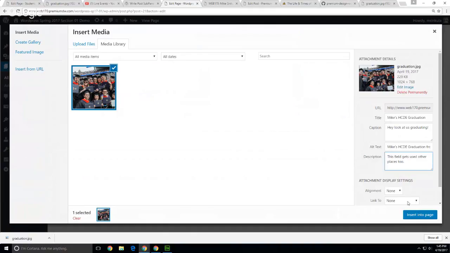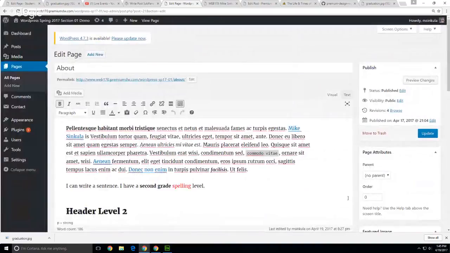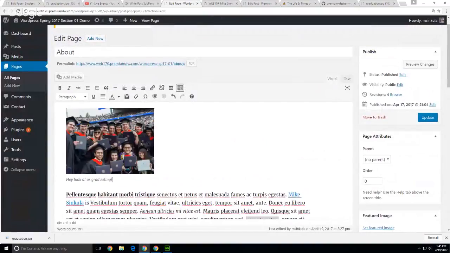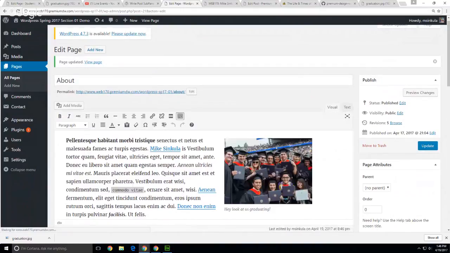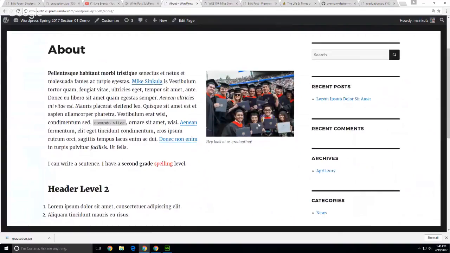So now if I insert this into page, okay, it inserted it at a medium size because I probably didn't select the size when I wanted to insert. But nonetheless, let's just for now insert it as a medium size. And then you can see here, no alignment, align right, align center, align left. If I align this right and say update and go view this page now, it's aligned over to the right